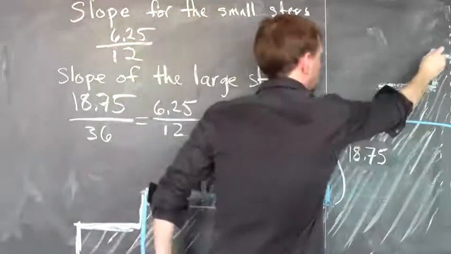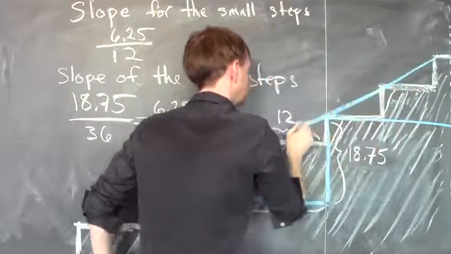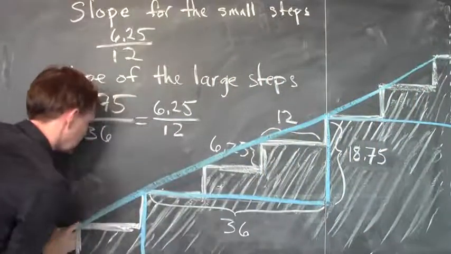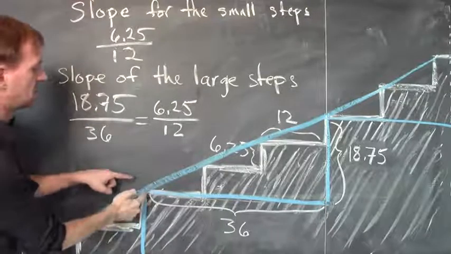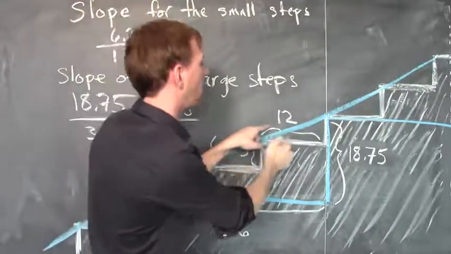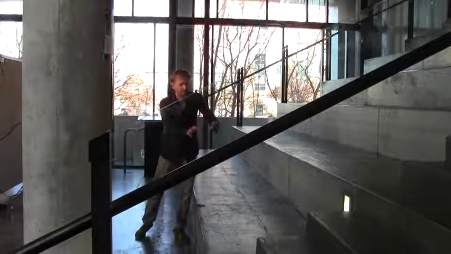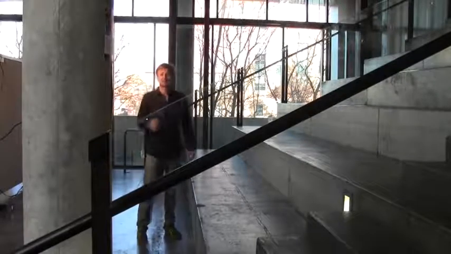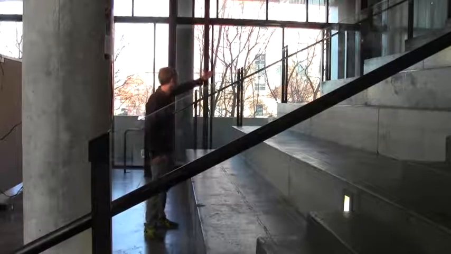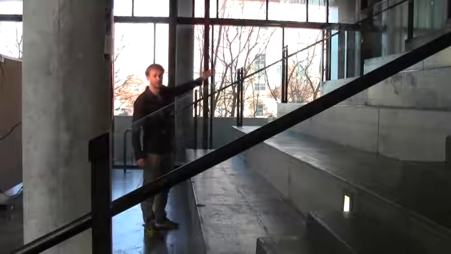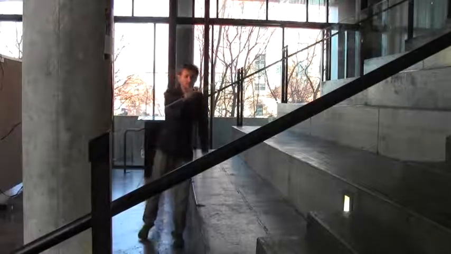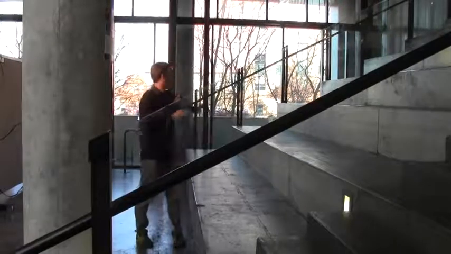And we can see if we connect the tips of these stairs with a line, this makes a line of the desired slope, and see how the large stairs and the small stairs all meet at the corner with this line. The fact that the staircase with the large steps and the staircase with the small steps have exactly the same slope is evidenced by the fact that they have the same railing. There's the railing for the staircase with the large steps, and here's the railing for the staircase with the small steps, and they're exactly at the same angle. So we've seen that the staircase with the larger steps and the staircase with the smaller steps actually have exactly